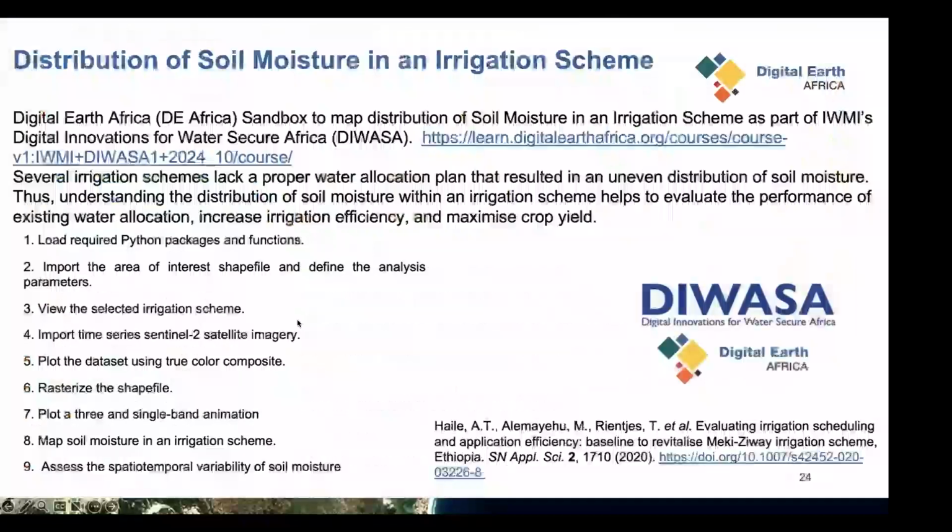And also going further, Digital Earth Africa, in collaboration with IWMI, co-developed a course on how to access the IWMI products of digital innovations for water security. We developed this course in English, where we have 4 modules: an introduction, and the second section on evapotranspiration. And also we have a section on rainfall estimation, and the other session is on soil moisture in an irrigation